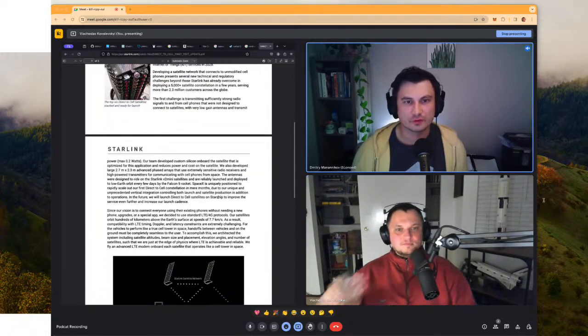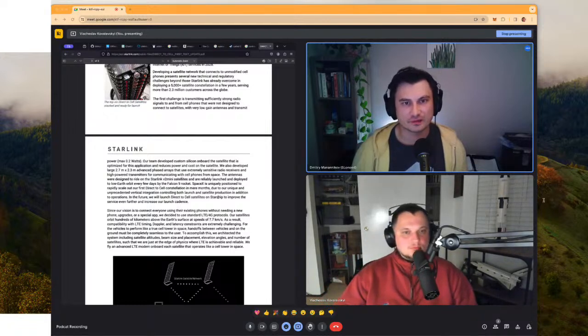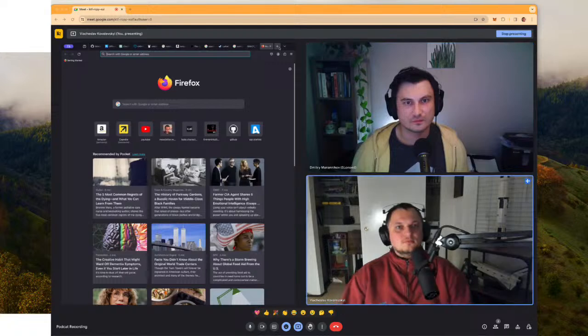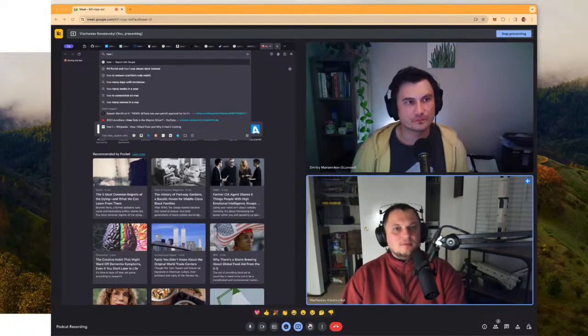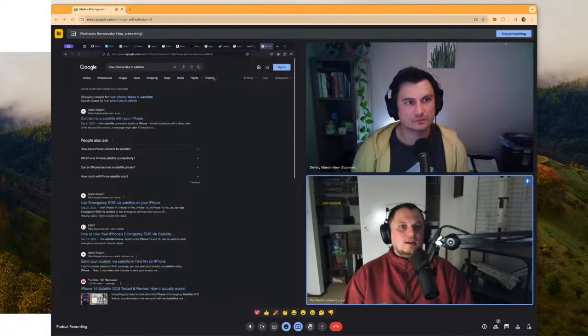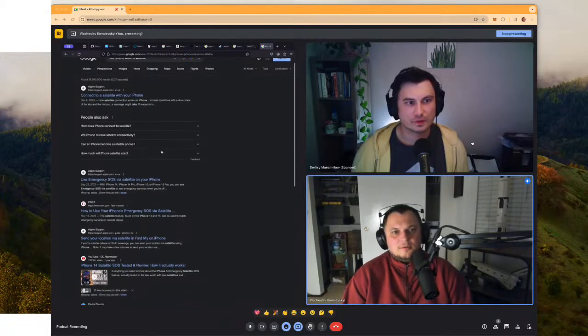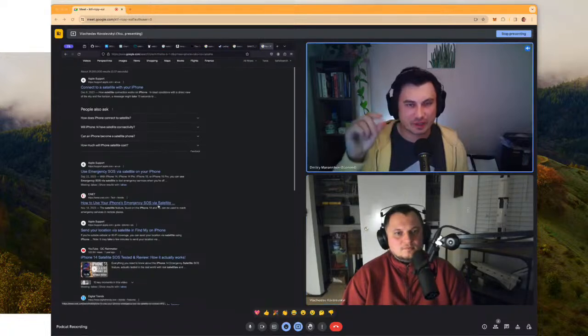It's interesting because iPhone did the opposite, right? They actually embedded a satellite antenna, I think, in the last one. How does iPhone talk to satellite? I think you're probably right. There's an antenna on the side.